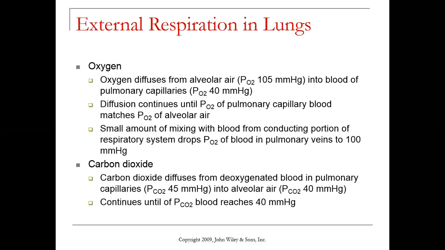As a result, carbon dioxide, water vapor, and ATP are produced. That carbon dioxide will diffuse from the cells and tissues into the systemic capillaries, and here, from 40 millimeters of mercury, the partial pressure of the carbon dioxide will increase to 45. Then, with the circulation of the blood, the veins carry blood from that systemic circulation